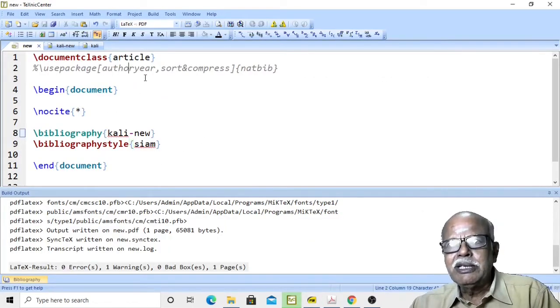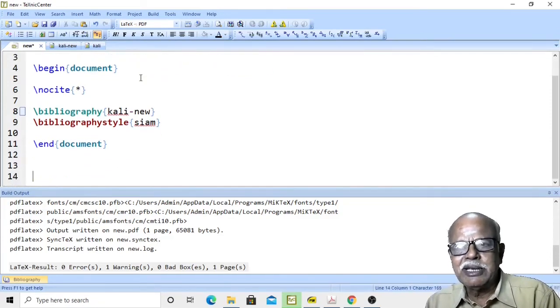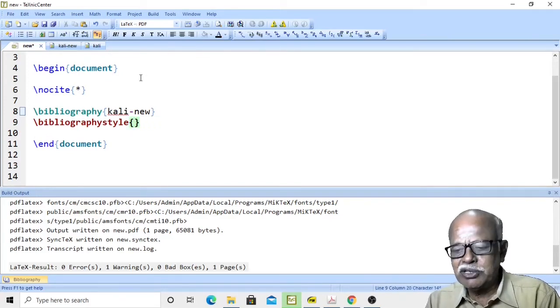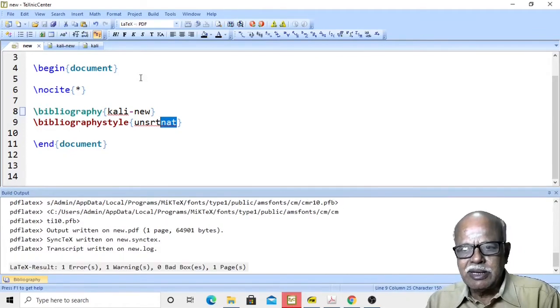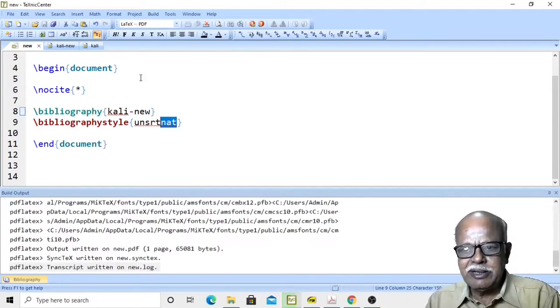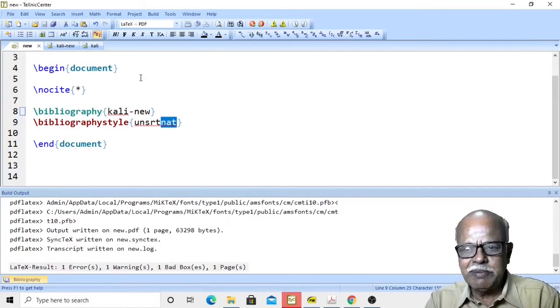Now, if you want to use author-year type citations and the natbib package, the only difference is the bibliography style file has to be unsrtnat. Remember to add this. Compile it, BibTeX it, again compile it twice.